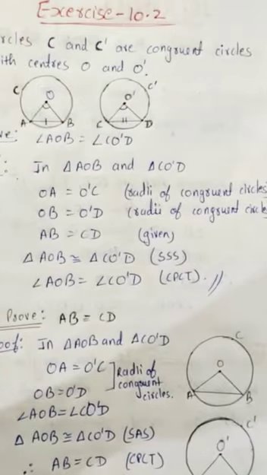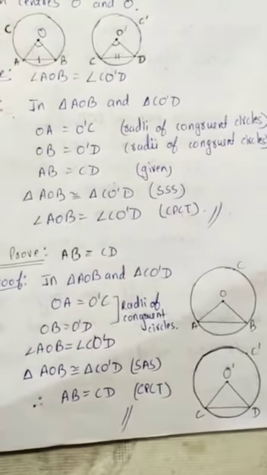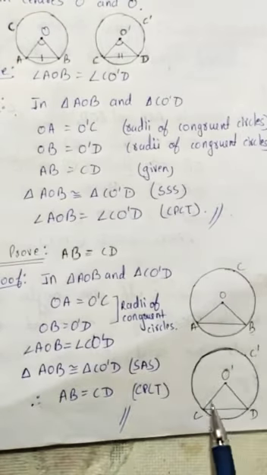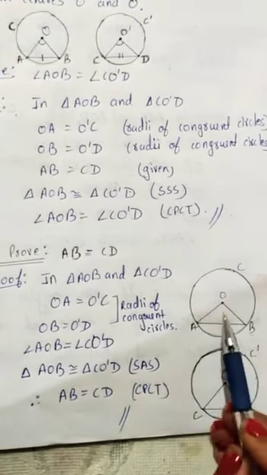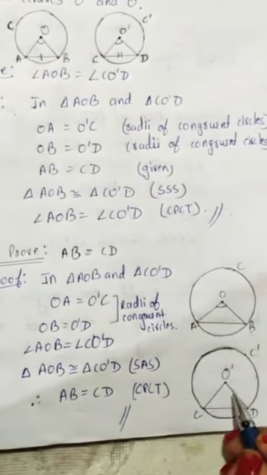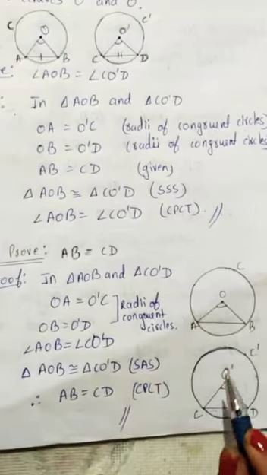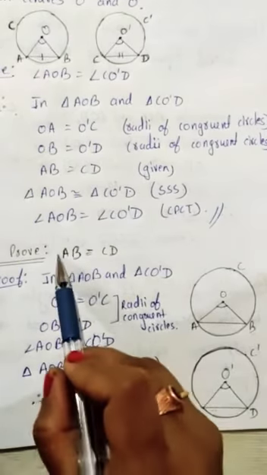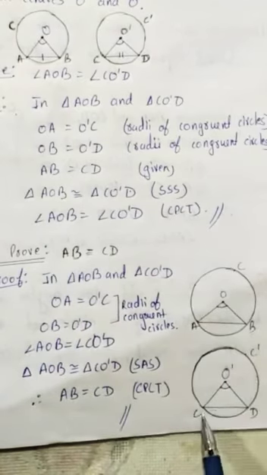Now second question we will see. In the second question it is given that you have two congruent circles again, and you have to prove if the two angles are equal. Just inverse of the question which you have done already. If the angles are equal, then chords are also equal, that you have to prove. So you have to prove that AB is equal to CD.